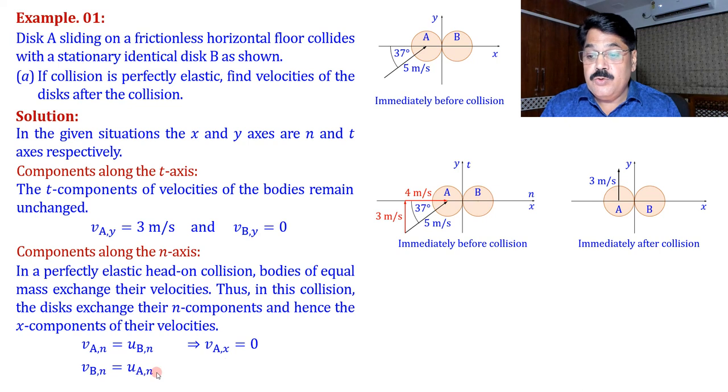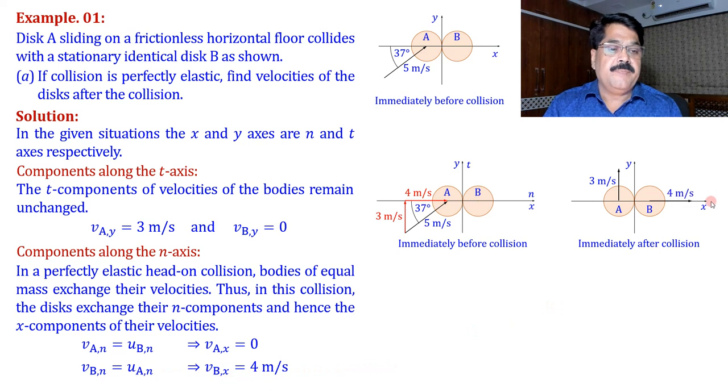VBN is equal to UAN. It means UBX is equal to 4 meter per second. Now we show this component here. So the problem is analyzed. Here I have taken this problem specifically just to show that an oblique collision can be analyzed while treating n